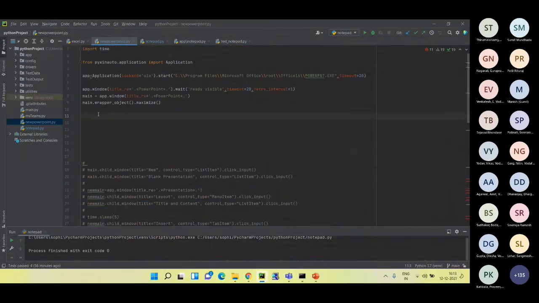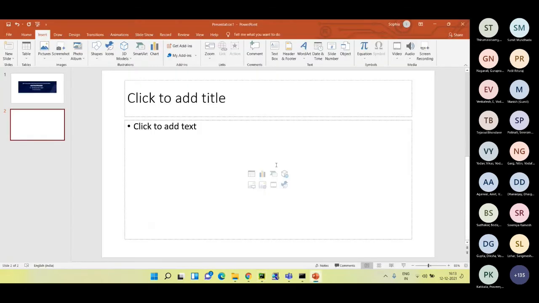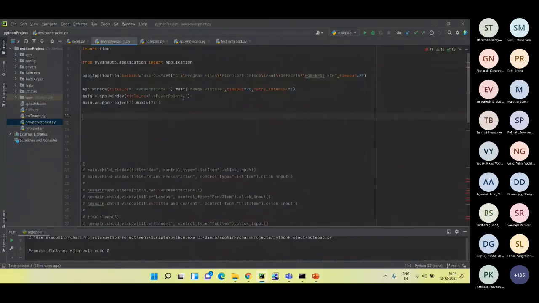Okay, so here we are doing it in a similar way for PowerPoint also. We are importing the application, and here we are defining the exe path of the PowerPoint, the timeout, and then we are defining the main page, that is the PowerPoint, the title has come. For example, this was the PowerPoint. Can you see the name? Okay, so it's presentation 1, but that presentation 1 has come only after I had selected the blank presentation. Initially, the name of the PowerPoint was PowerPoint itself. Okay, so the PowerPoint is there, and then we maximize it.